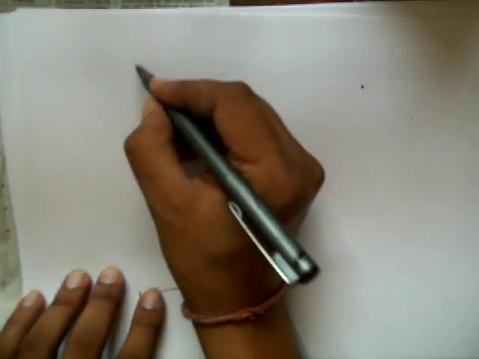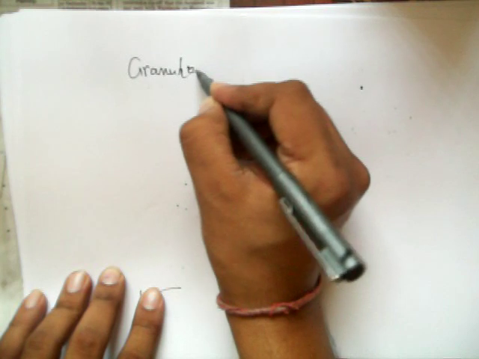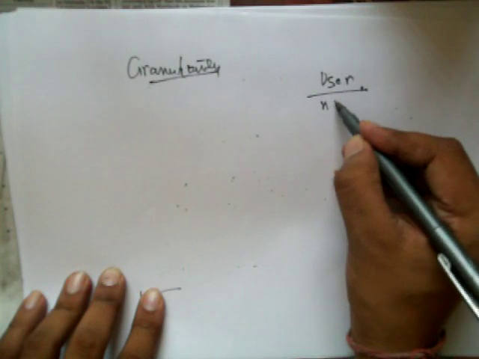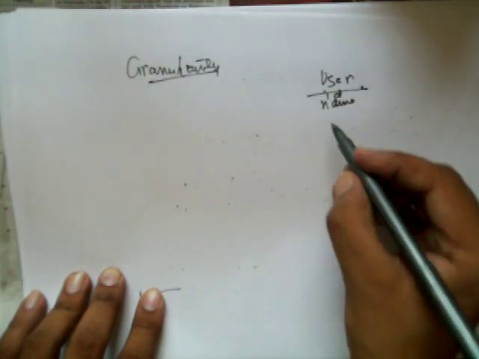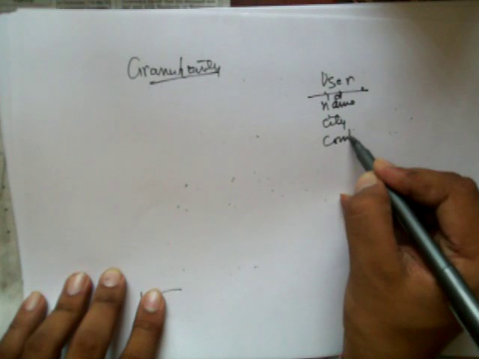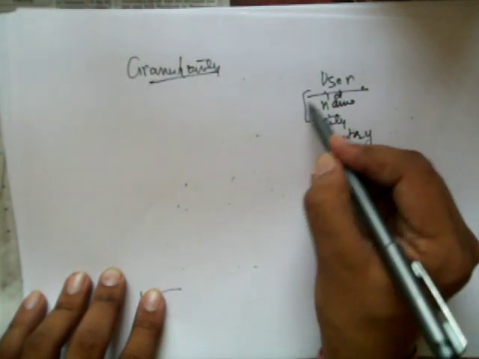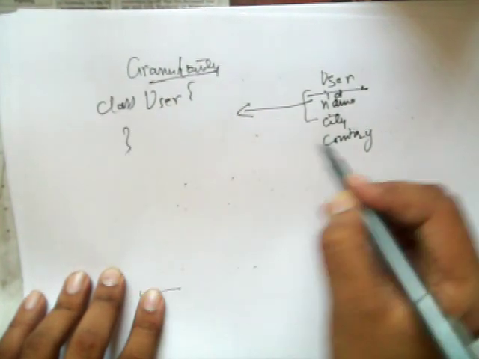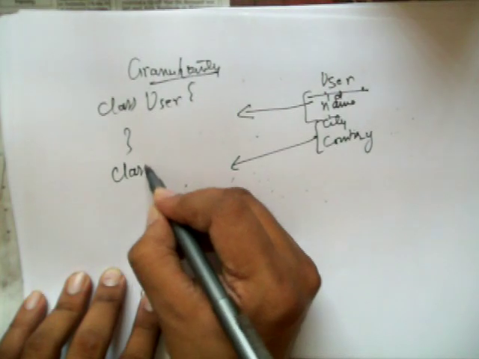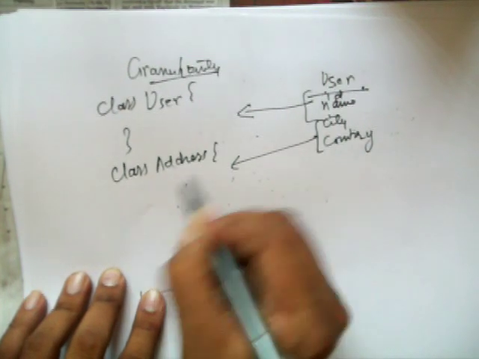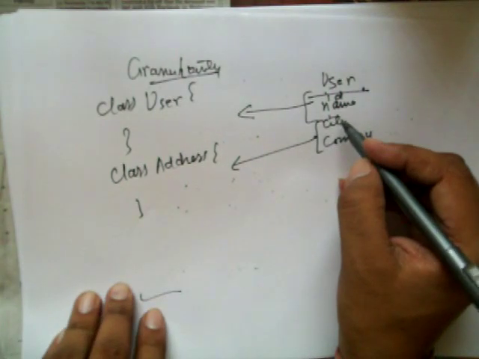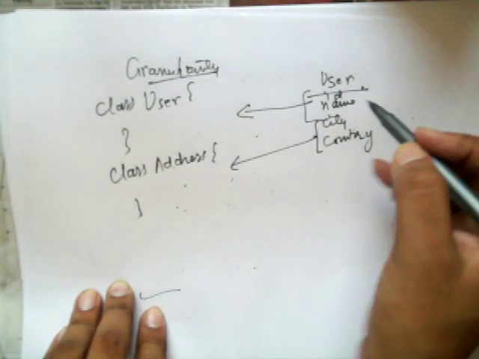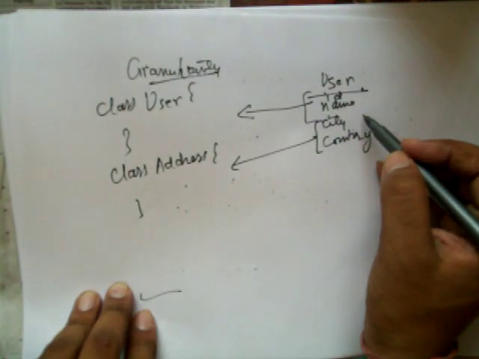Then we will look into the notion of granularity. Let's say we have a table User which has name, ID, city and country, and for a rich domain model we want the first two attributes to map to a class User and the other two attributes to map to a class Address. So we have more classes against a table. Again there is a mismatch here, and it can happen the other way around, where we have fewer classes mapped to more tables.